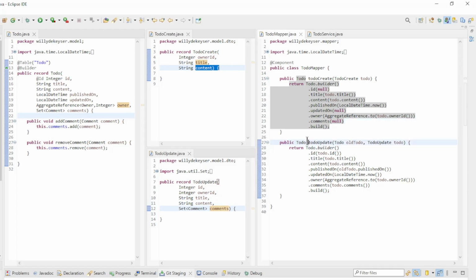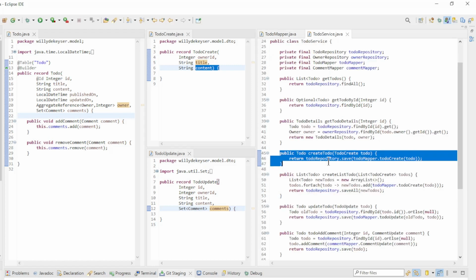In the second method of the to-do mapper, we turn a to-do update into a to-do. ID is ID. Title and content come from the to-do update. Published on is the old date and time. Updated on is the current date and time. Owner is an aggregate reference of the owner ID. And comments is comments. If we now look at the to-do service class, we see that the create to-do method